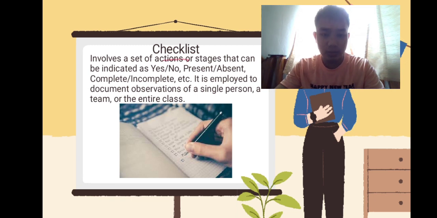So checklists are a simple tool used in non-test assessment to record observations. They function like a to-do list, but instead of tasks, they list specific actions, behaviors, or skills. A checklist may contain a structured and clear format, a versatile application, and also easy data collection. So, a checklist is a tool in non-test assessment because it provides a structured and clear way to document observations, offering valuable insights into student learning beyond traditional tests.